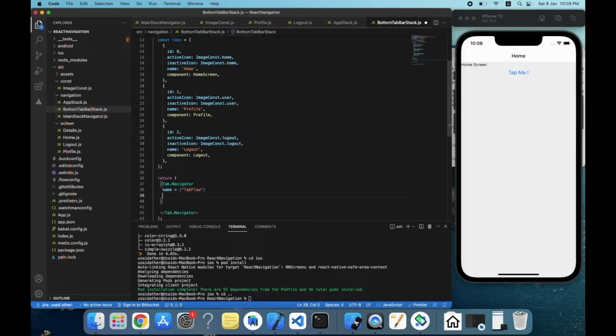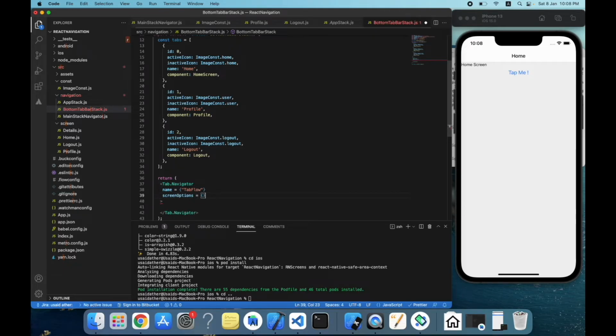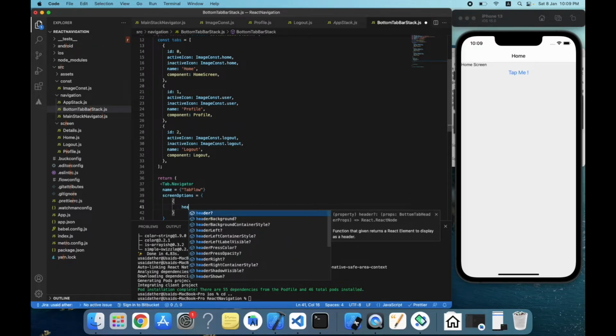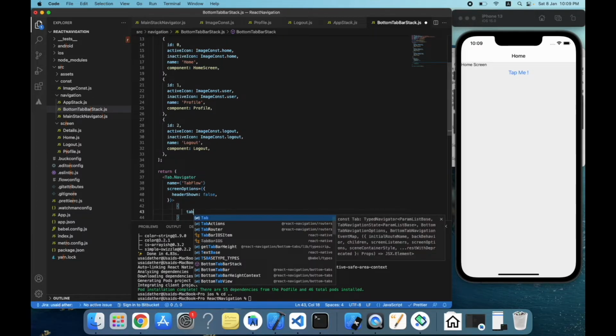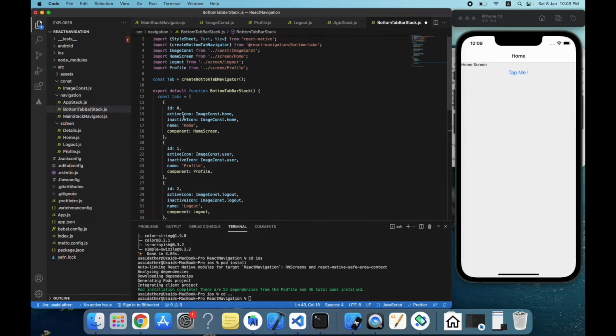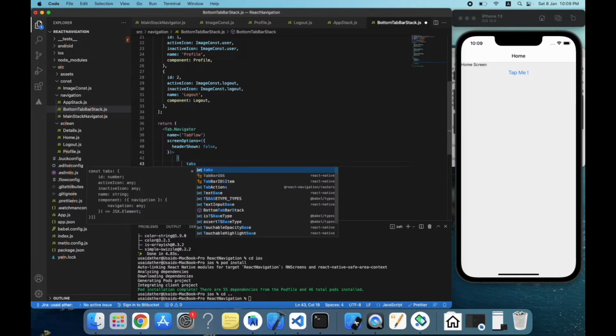Then if we want to hide the header, then basically add header shown is equals to false. Okay, then inside this tab dot navigator we will basically initialize the screen. So tabs dot